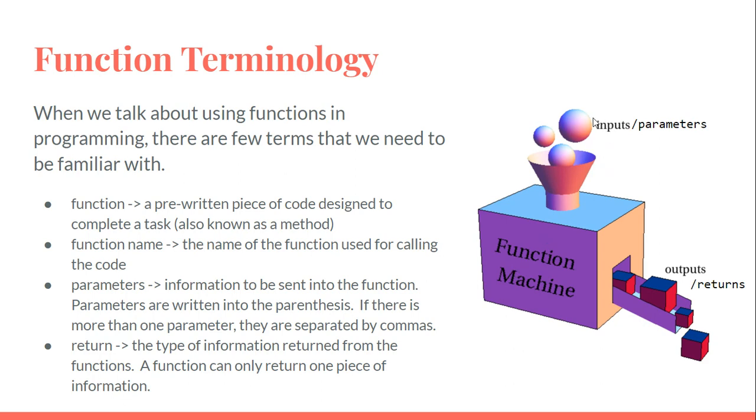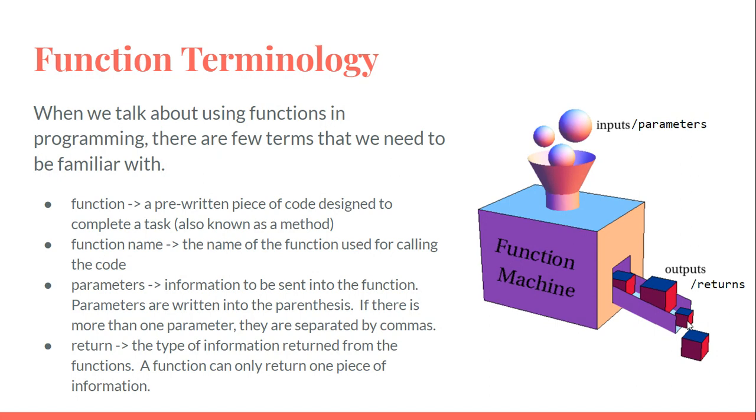The information coming into the function, the inputs, are also known as parameters in programming. Parameters are the information that's written into the parentheses. If there's more than one parameter, they're separated by commas. And then the outputs are what we call returns inside of programming, and that's the information coming back to the